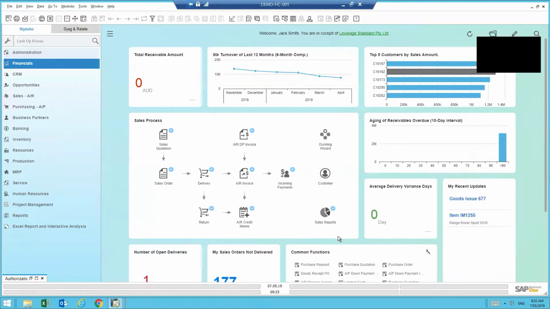On the left-hand side, we have our menu. Just before I continue, this is on SAP Business One version 9.3. I'm in the HANA version of 9.3. This is applicable to the SQL version as well. So for those who are on SQL and you're seeing a bit of a different look and feel, it's the same capabilities that are in the Microsoft SQL version. All right, so